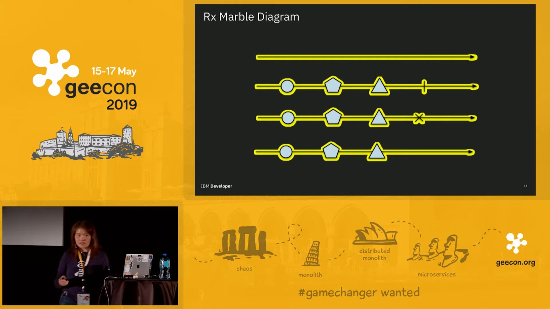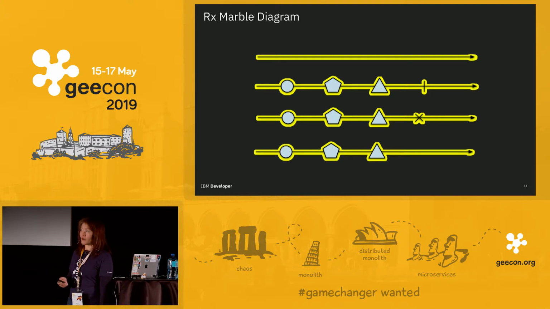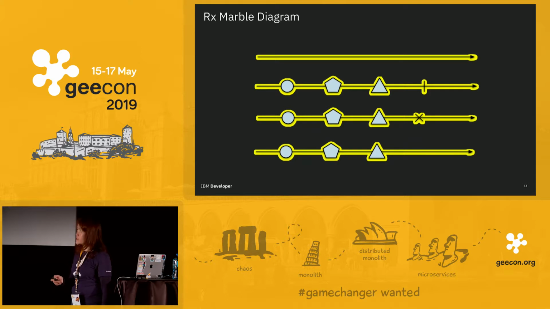Okay, so next we'll explain some basic things in reactive programming using this timeline. I borrowed this from the Rx, the Reactive Extensions, marble diagram. In the very top part, when we talk about reactive programming, we're dealing with events in a timeline, in a stream. The very top one is just a line, indicating a stream waiting for events to happen. In the second one, you see some different shapes, and those are the marbles that come in. They represent events. However, when you get to this part, there's a perpendicular line. It means the stream has terminated in this case.